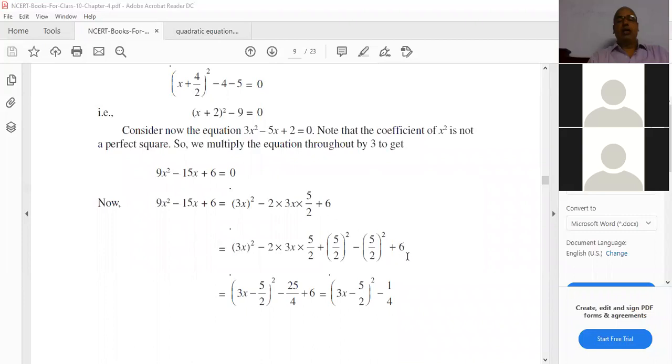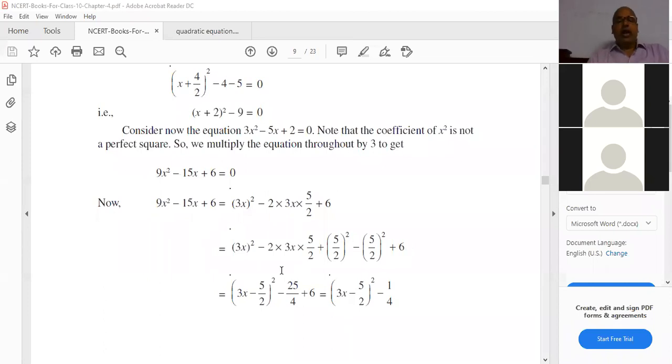Plus 6, already it is there in the question. Plus 6. This is the key step, Amma. In your completing square method, this is the key step. I think everyone understands this step. Any doubts? Ask now only. Hussein, have you understood, Hussein? Hussein. Sir. Yes, sir.